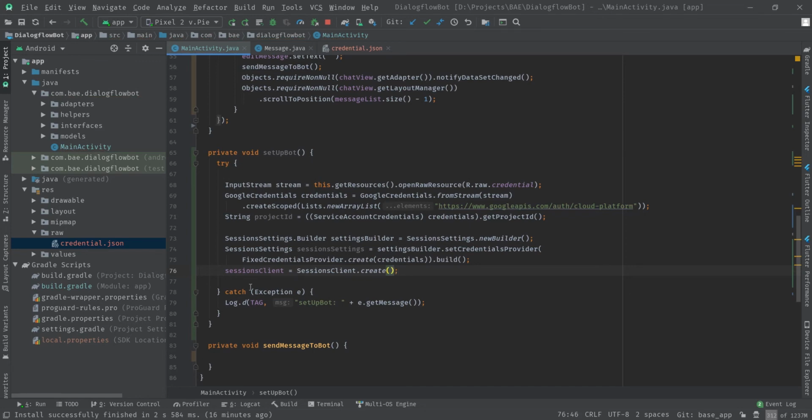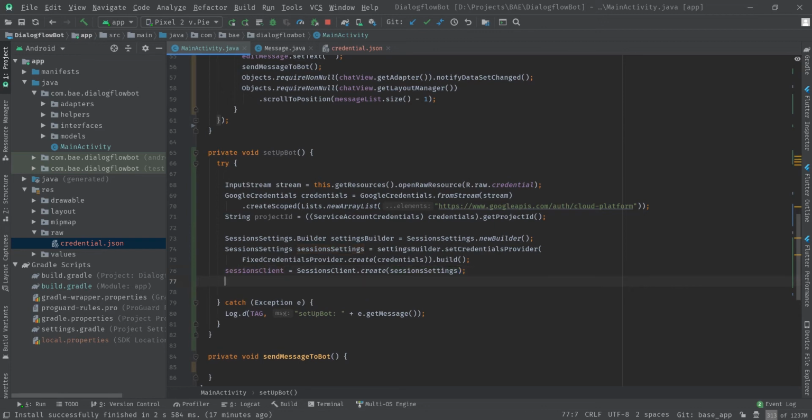Then for the sessions client, we have to create a new session client, and I'm just passing the settings here. Another thing which we need is the session name.